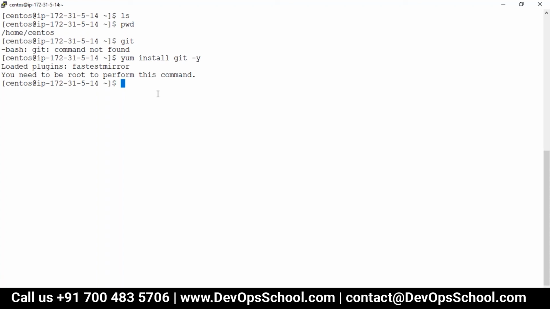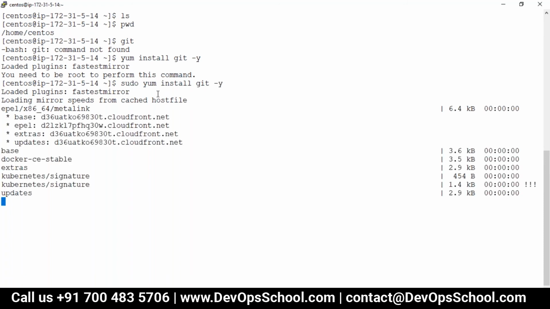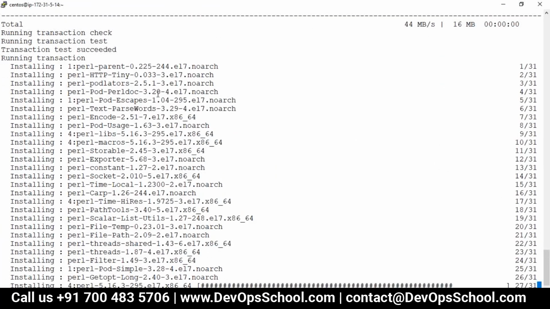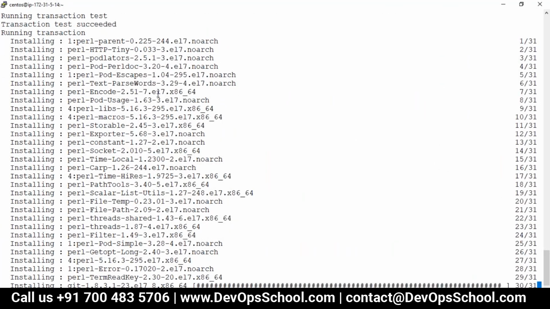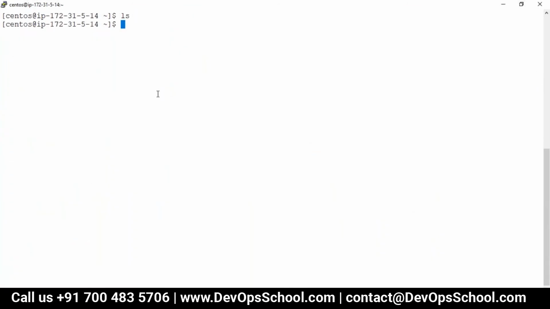I'm installing. Oh, you need to be sudo, right? Let me do that. So I'm installing git for all of us. Because we have the same workstation, we will work together, but we'll not fight with each other. We'll work in separate namespaces, in a separate directory. I'll show you how to work together.